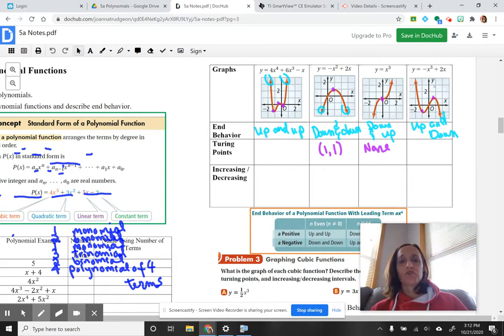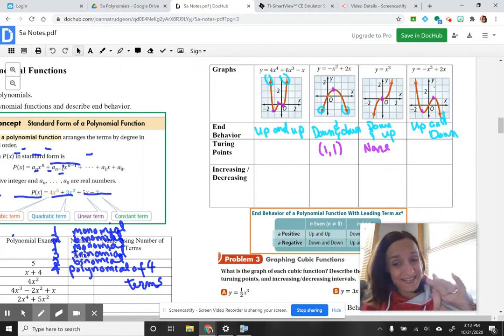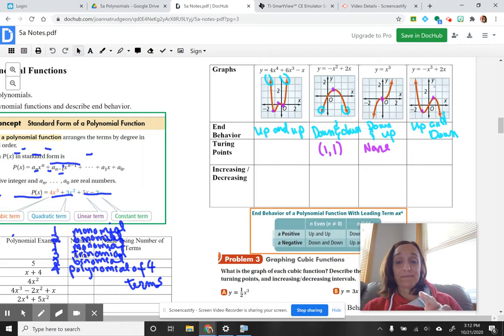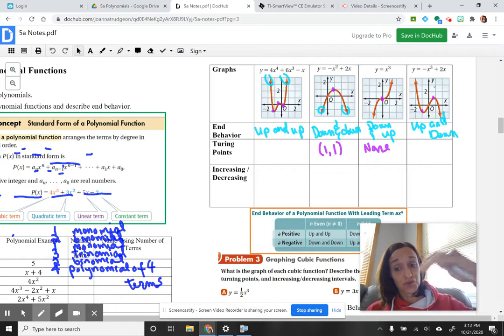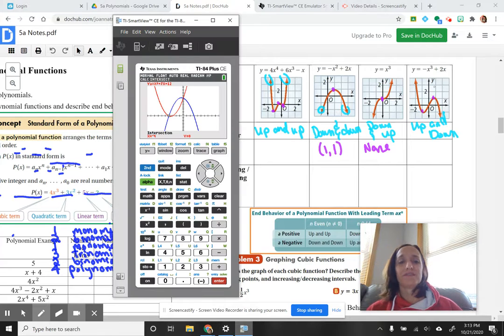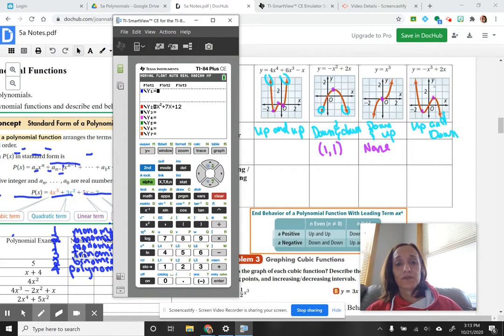All right. So how do we find these turning points? Well, first of all, when you take calculus, that's how you find mins and maxes, because we learn how to take derivatives. Derivatives help us find out when the slope is 0, and then we can figure out when there's a turn, the slope is 0. That's one of the big topics of calculus. However, we're not in calculus, we're in algebra 3. And therefore, we are going to instead